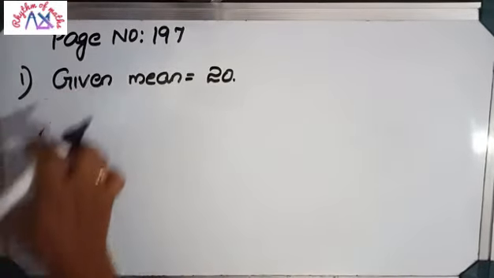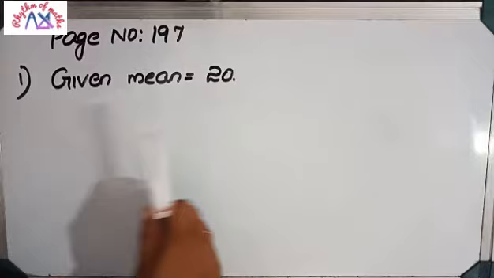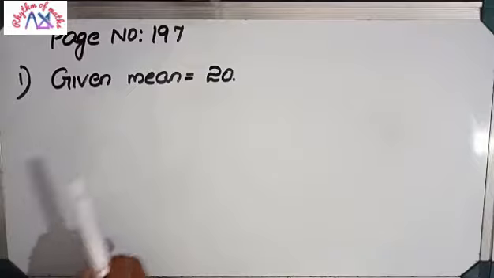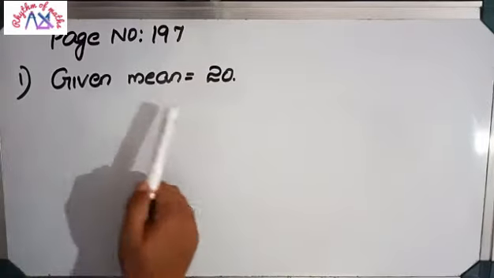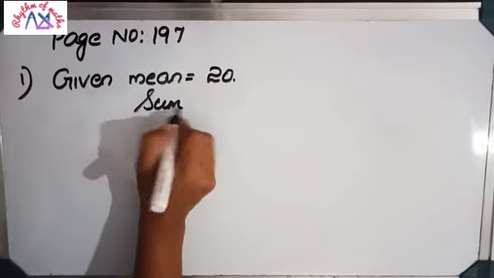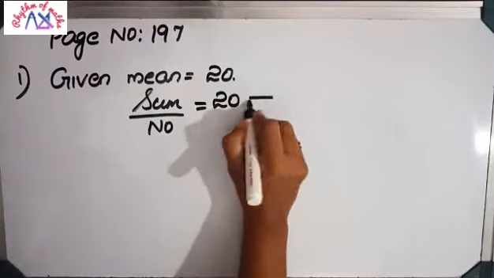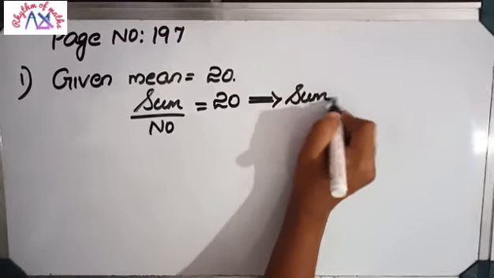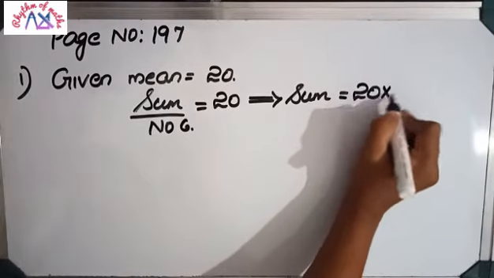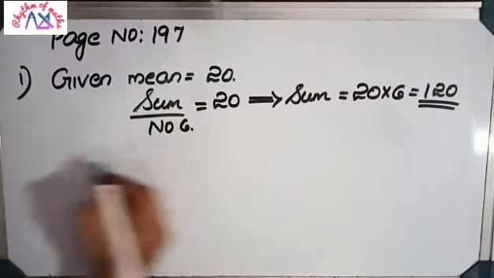You have to write two sets of numbers. So before writing the numbers, like the first activity, only the mean is given. Total 6 numbers, that is also given. You have to write a set of 6 numbers in between 10 and 30. So with 6 numbers we can find the sum, and then only we can write the numbers. So mean means what? Sum by number. The mean is already given, it is 20. Now we don't know the sum, but we know the number, which is 6 here. So the sum will be 20 into 6, that is 120. 120 is the sum.